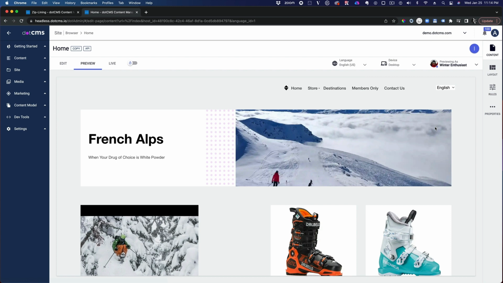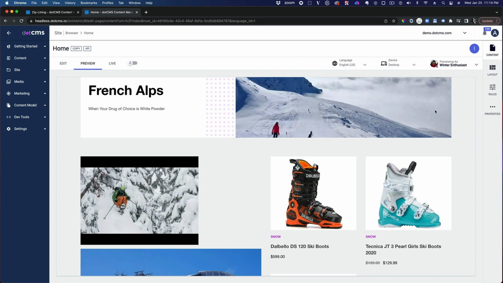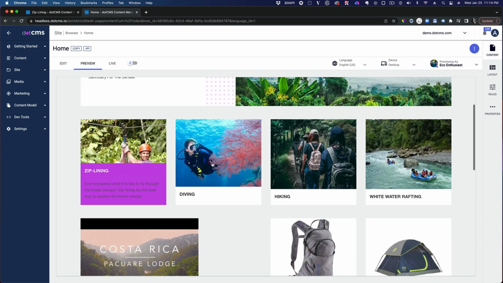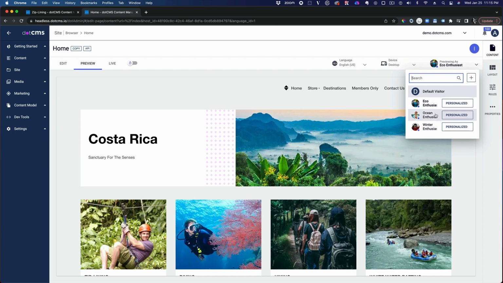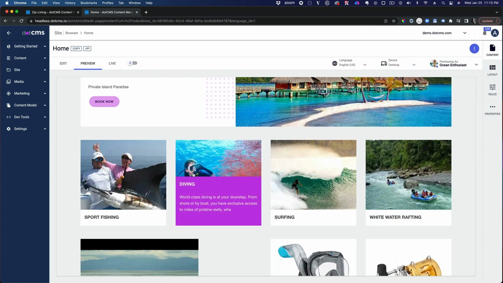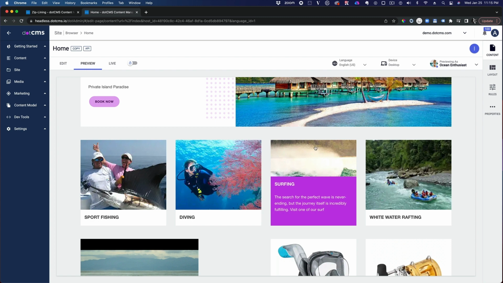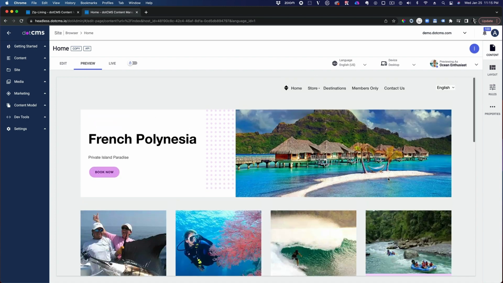And I can see that here, for my winter enthusiast, I don't have activities. I do have, for my eco enthusiast, a completely different banner, zip lining, diving, hiking, whitewater rafting. I have for my ocean enthusiast a completely different version of the page. And what we have built into the starter is if you actually hit the destination section and show that you're interested in a winter vacation, then you come back to your homepage, it'll automatically flip to this, because we have